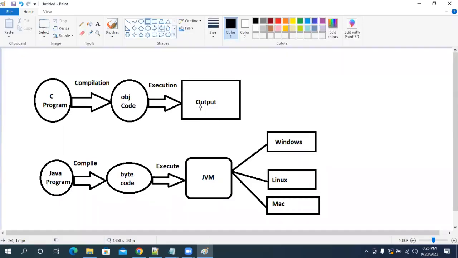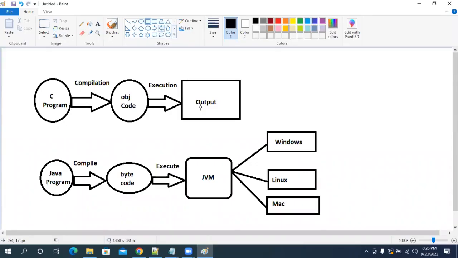In the year 1991, Sun Microsystems identified the problem. Computers understand only machine language, so whatever application you develop should be executed on any machine. Can people write code in binary that the computer understands? No. So they provided the JVM.